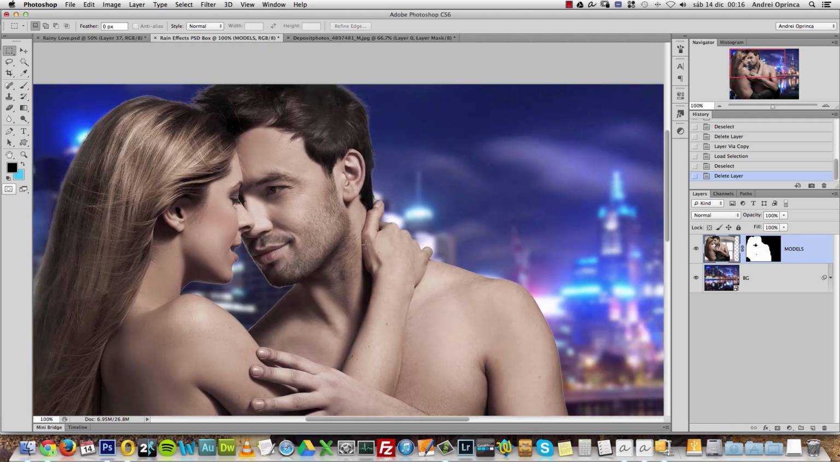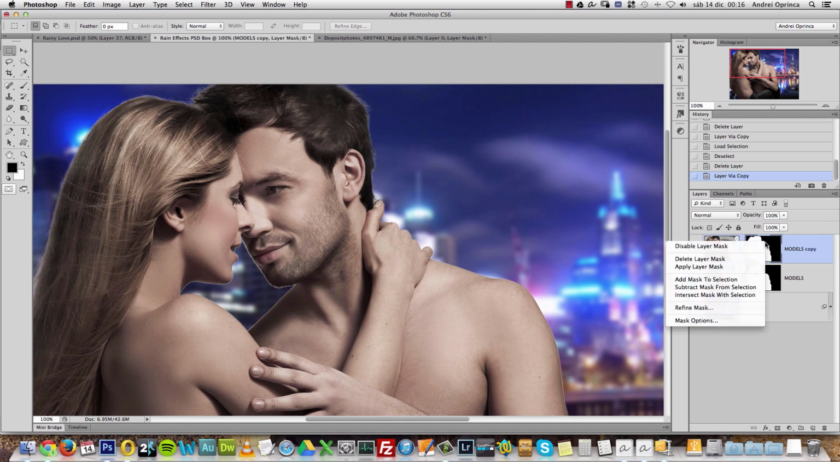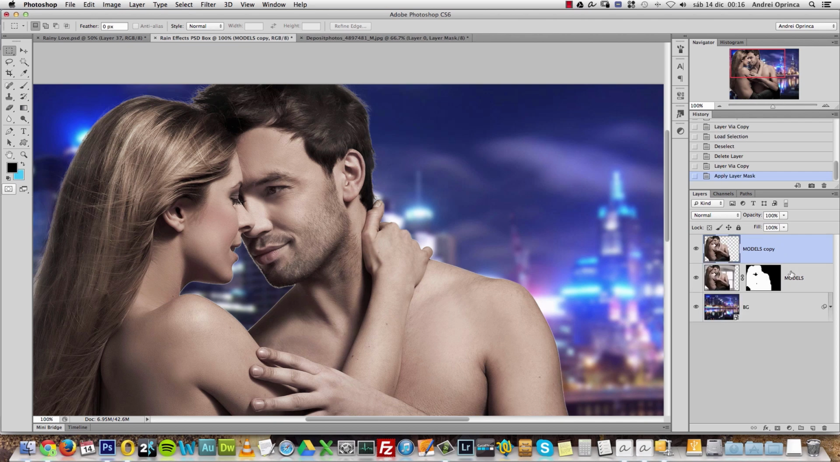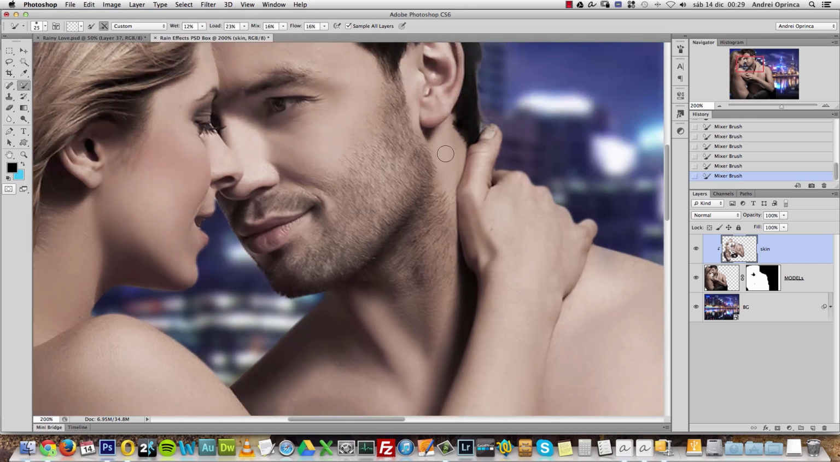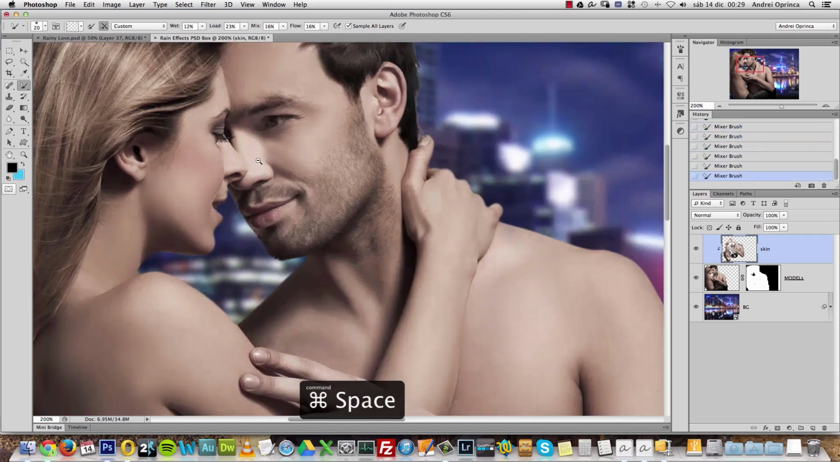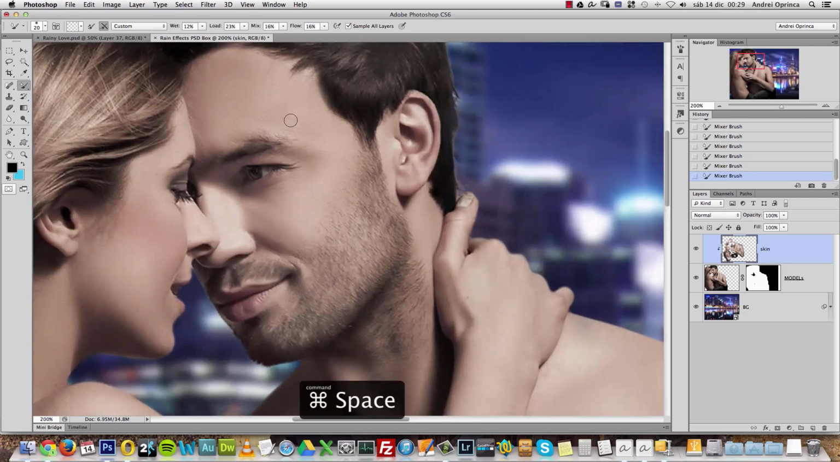So I could make a selection, exclude the hair, but instead what I'll do is just create a duplicate of the layer and apply the layer mask. And I'll use the Refine Edge on this layer. I'll hide the models layer for a second. Notice that I didn't go too much here on the hair because I don't want to lose the texture. So okay, I want to keep the texture of the hair, so I